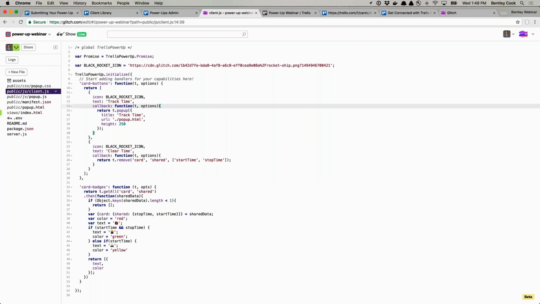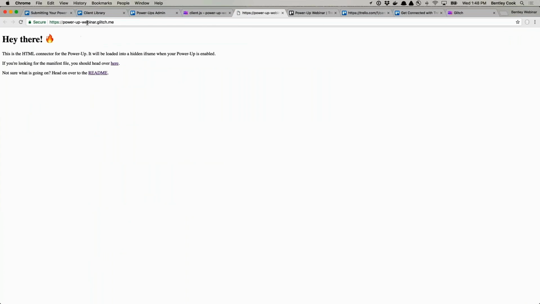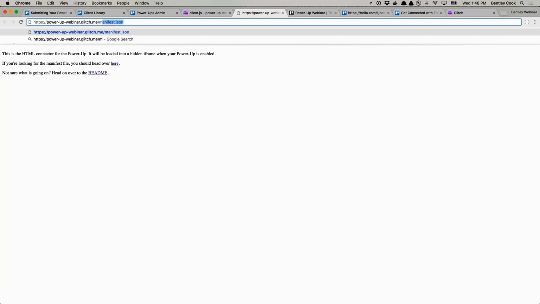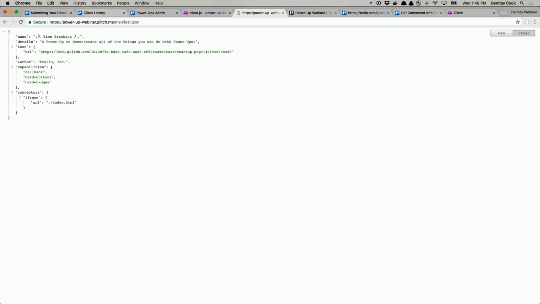So let's see, you should be able to see my screen again. And yeah, I'm on my main screen. Oh, nice. It looks like we've already got someone checking out the power-up. So after you've remixed your own, you can hit Show Live, and this takes you to just this HTML page, and yours should be updated at the point in time that you remix it. Yours should update with the new name of the project, and you just add on to the end there, manifest.json. And that should give you the manifest, and you just grab that URL